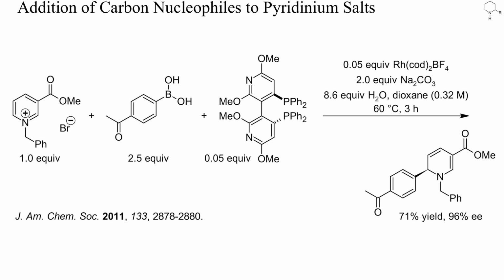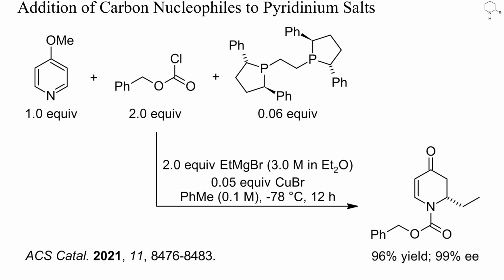Here, the carbon nucleophile was a boronic acid and the arylation was catalyzed by a chiral rhodium complex. Pyridones, like the product shown here, can be prepared from 4-methoxypyridine by activation with a chloroformate followed by reaction with a carbon nucleophile. In this example, a chiral copper diphosphine complex catalyzed the addition of ethyl magnesium bromide to the